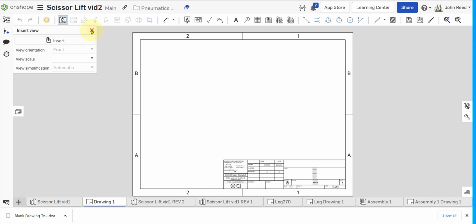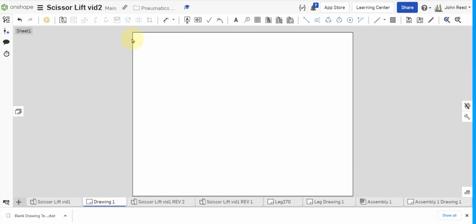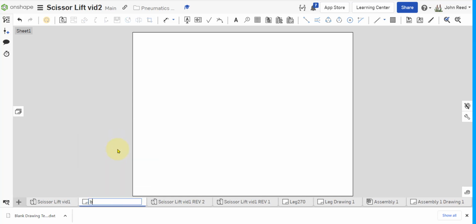So clear out of these two windows. Come over here to the lower right and grab everything. When you go lower right to upper left, anything that is touched in any way is selected. So if we hit delete now, it should go away. There we go. Okay, so I'm going to now rename this drawing template, or it's a drawing at this point. Let's call it A-inch, how about caps, A-inch